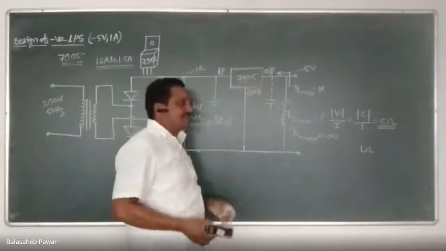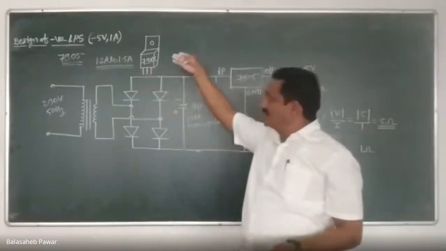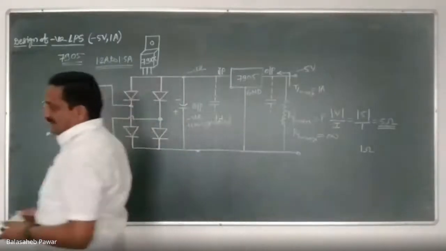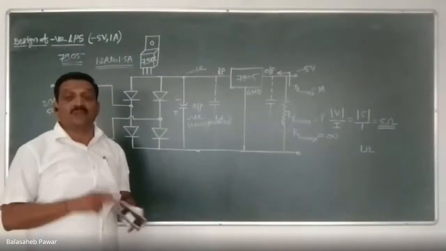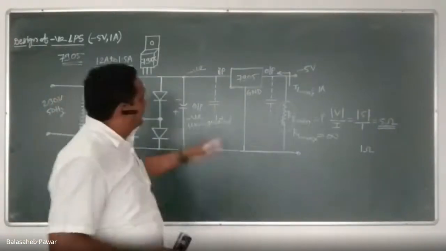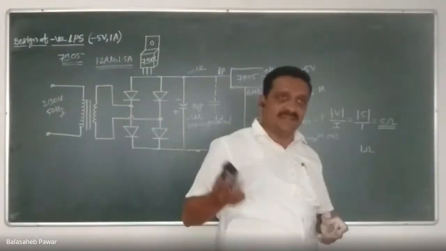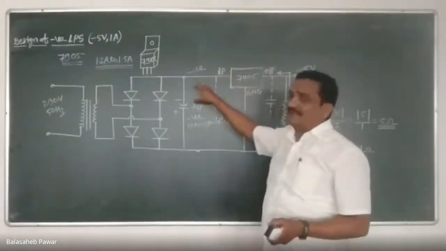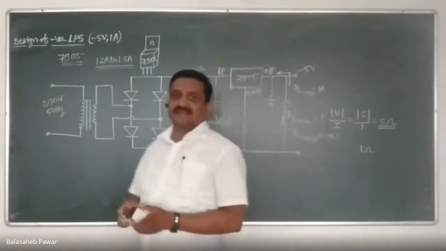But there are a few applications where you might require a load current somewhat more than this rated current. For example, you might require a regulated voltage of 5 volt and a load current of 2 amperes. Then in that case, don't prefer this circuit. You have to use current boosting with the regulator IC. So the regulator IC will produce the regulated voltage, and the current boosting circuitry will provide the extra current that the load requires. Are you getting it?